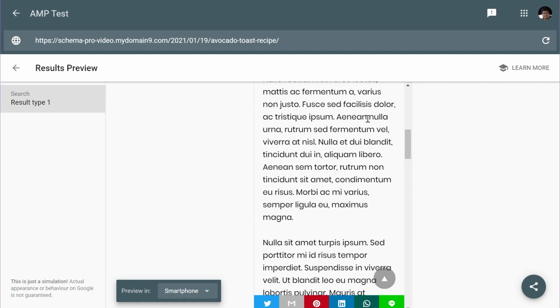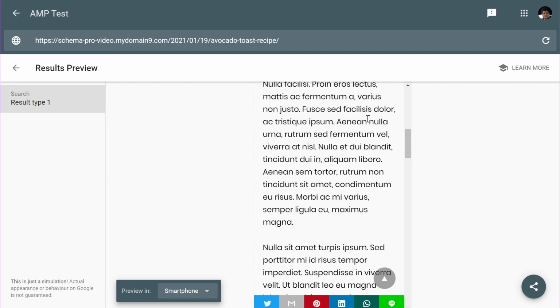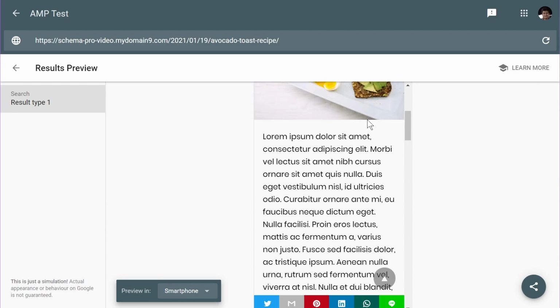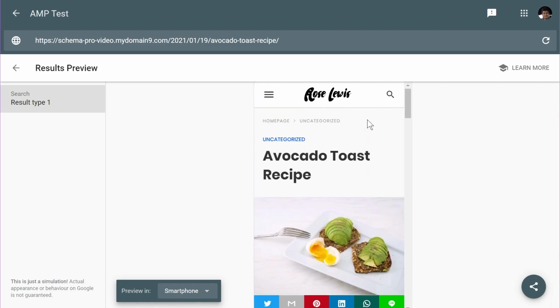Now, as I mentioned, the page looks decent. It looks great. And obviously you have the options of changing the design and configuring the options, the colors, the fonts and everything to match the original theme of your website. So now you know how to set up AMP on your website in two different ways. The first one would be for content websites using the official WordPress plugin, and the second one that I just demonstrated for more complex websites.